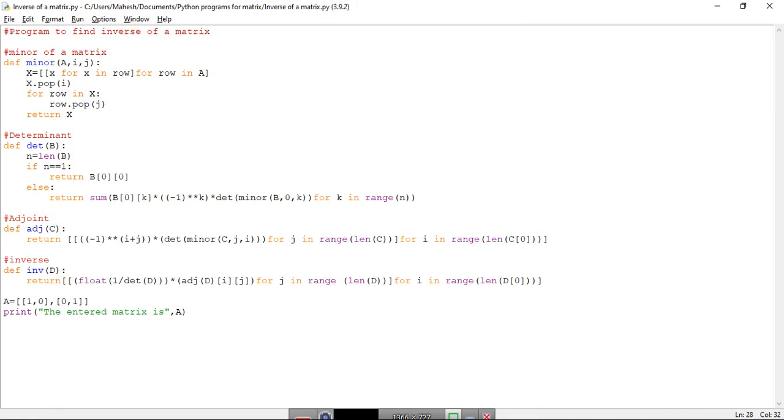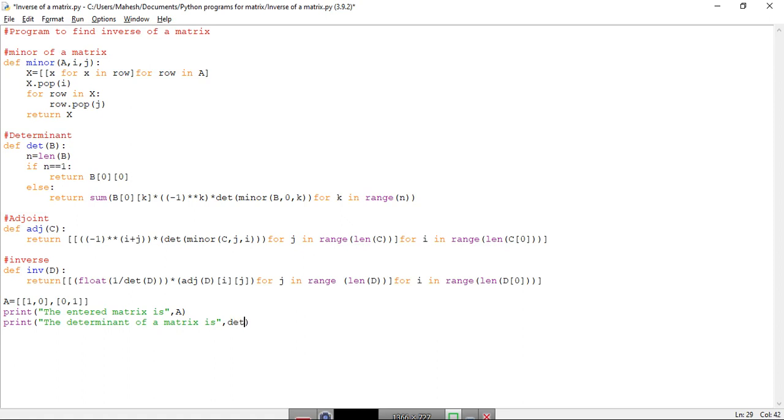Okay, print the determinant of a matrix is, and then we will print the value of determinant, and for that we have used det, right?